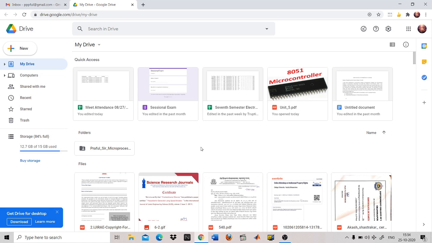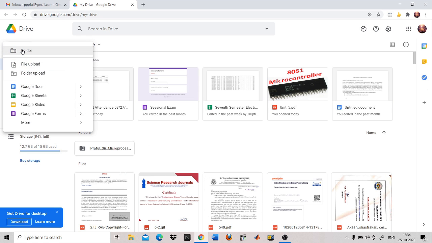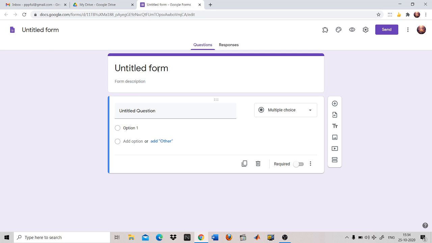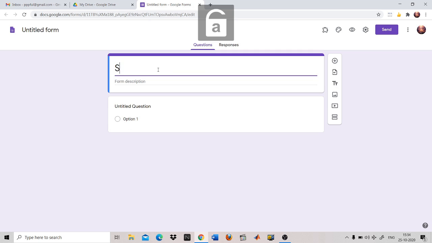So we'll try to use this auto proctor in our Google form. So for using this, we'll click on the new. So after clicking on the new, a Google form will appear in front of you. Now click on the Google form. Now the blank document will come. Okay, the blank document has arrived. Now here to change the title, that is sessional 1. Okay, now again you click here.